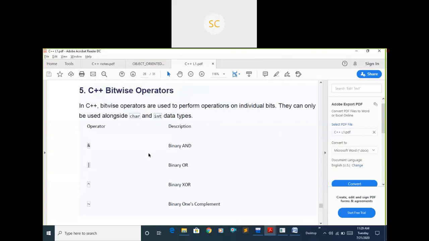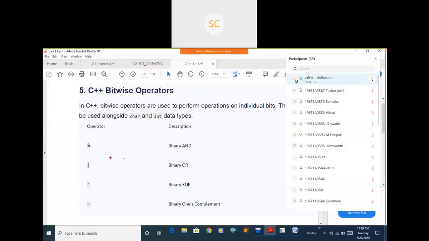Individual bits means, for example, consider 5 and 6. This is what I'm going to perform.